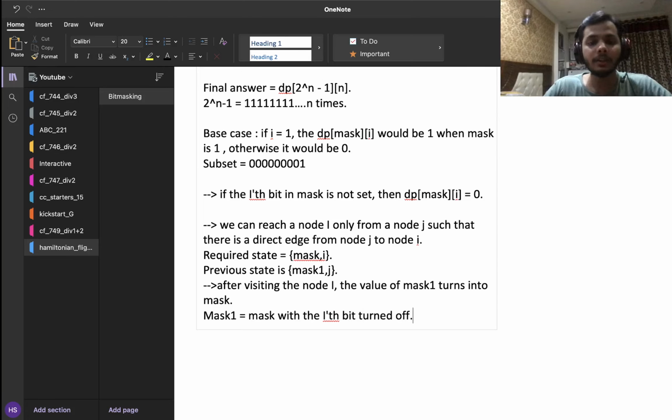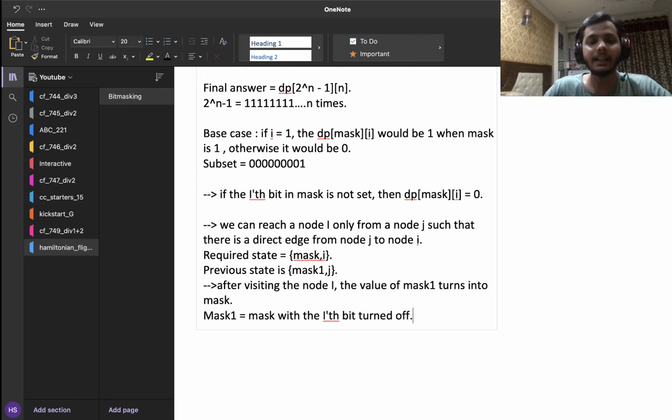Because all the other nodes are just the same, and I'm just going from the city j to city I without doing anything else, and the only change in mask which is happening is that the ith bit in mask is turning on. So initially I can just say that the ith bit was off, right? So mask 1 is just mask with the ith bit turned off, which is just saying that mask 1 is mask XOR 1i, right? So this is just a standard way of turning an on bit to off bit, right?